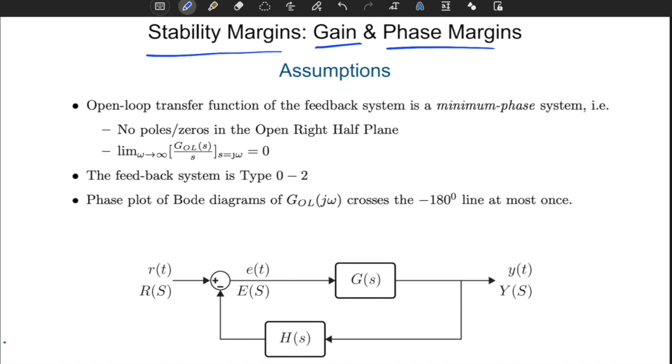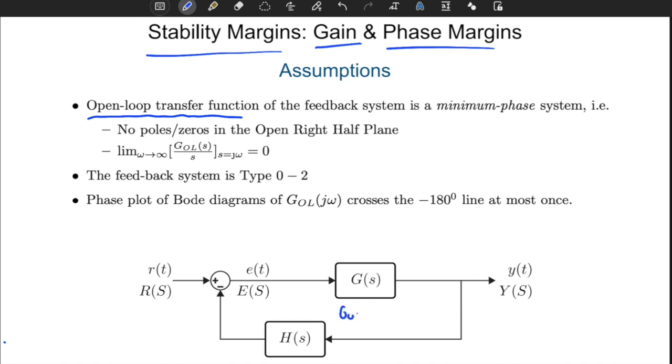However, we need to make some assumptions. Some of them are very critical, some of them not very critical. We are just using them for convenience, to make it easier to teach the content of the course, because we omitted some content from the previous parts, specifically Locus stability analysis. First of all, we assume that the open loop transfer function for this system